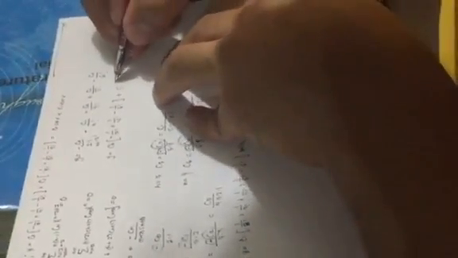So after the recursion relation, we can come up with terms like this. And then we can prove that these terms are equal to C0 cosine x plus C1